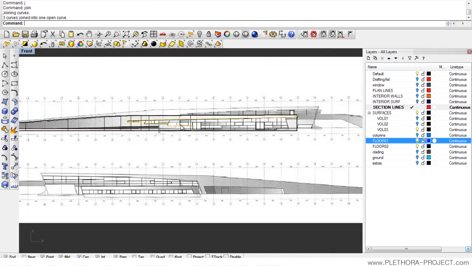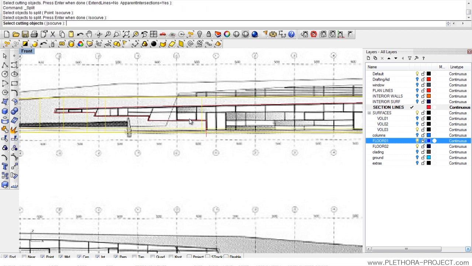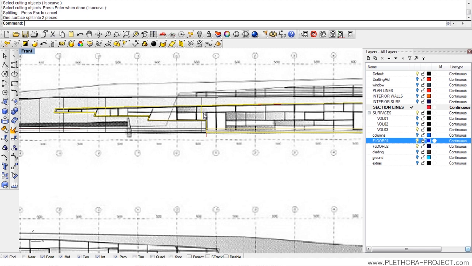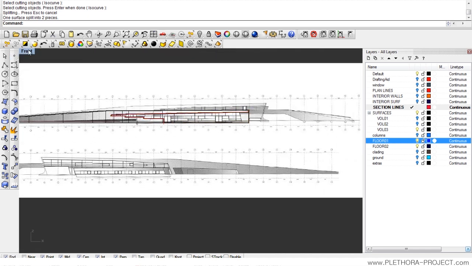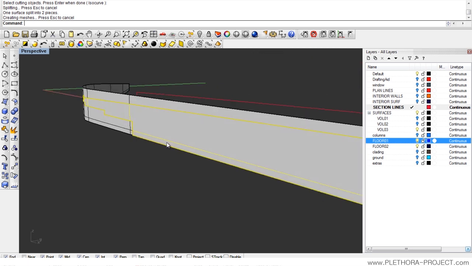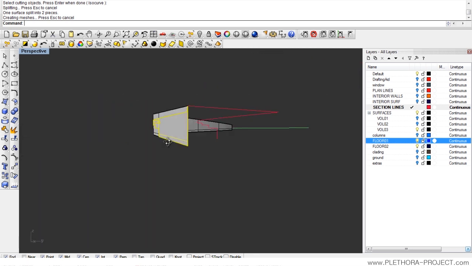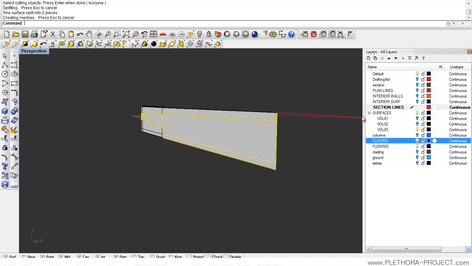Okay, so we have this. So what we're going to do is split. Select cutting object is this element. Oh, sorry. Split is here. Select objects to split. This one, right click, that one. And now we have the surface selected into these two elements, right? I did split and not